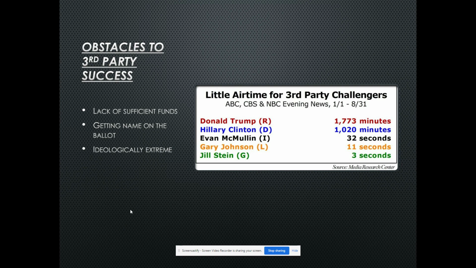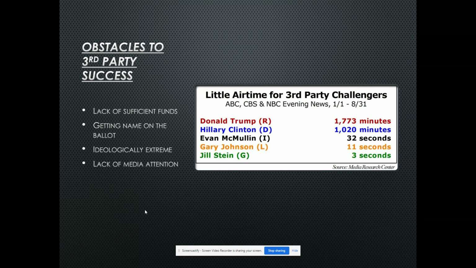They also tend to have to be ideologically extreme just to show that they're different from the two main parties. Because those two main parties have that big tent theory, Republicans and Democrats together gobble up a huge section of the political spectrum. Generally Republicans are middle of the political spectrum to right, conservative, and then Democrats, middle of the political spectrum to left, liberal. So where does that leave third parties? They have to go kind of further out on the spectrum, on the line, and be a little bit more extreme, which is fine. It shows that they're different, but there's not as many voters out there either. And when they come up with great ideas, guess what? The two main parties just take those ideas and make them their own.